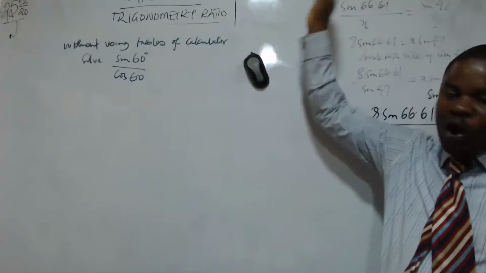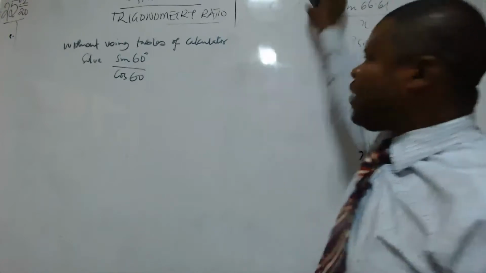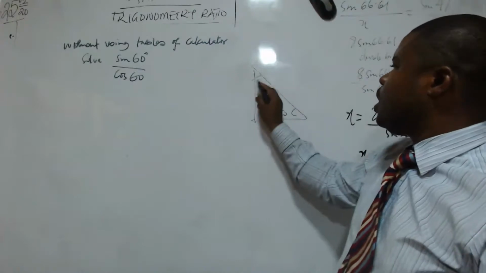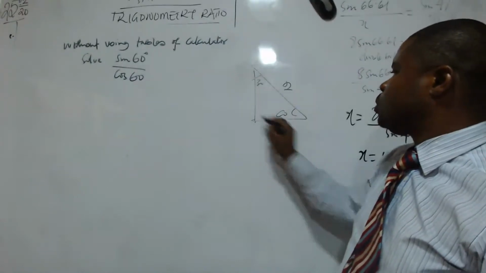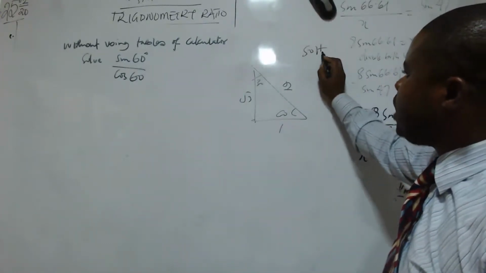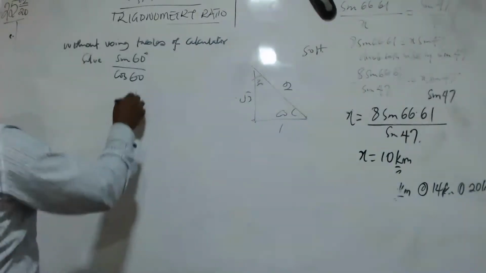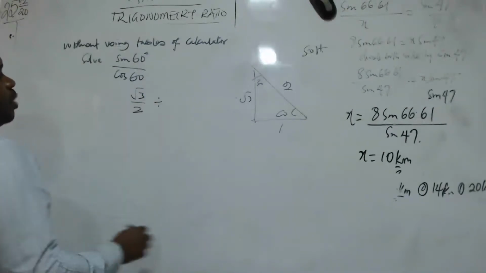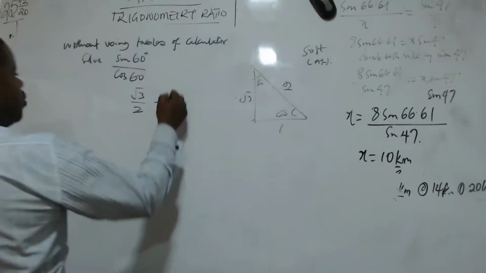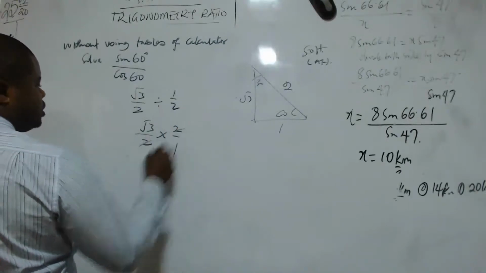Without using a four-figure table or calculator, how do we solve that? First of all, if I cannot remember that table, on the side of my book I just solve, okay, 60. I have 60, I have 30, 2, 1, and root 3, okay? And I say sine 60 is opposite over hypotenuse, so sine 60 is root 3 over 2. Now divided by cos, which is adjacent over hypotenuse, so we have 1 over 2. So we have root 3 over 2 times 2 over 1. This will go with this. So we're going to have